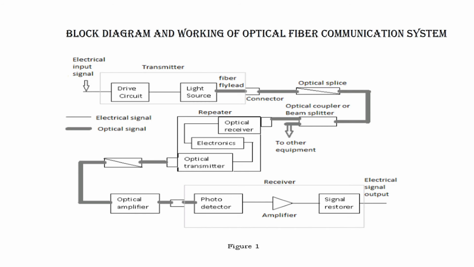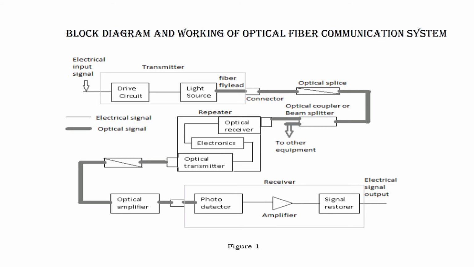Now we give this signal to the receiver. Now we use optical amplifiers. We can enhance the strength of the signal using this optical amplifier, and then we give it to the receiver. Now see what is there in the receiver circuitry. In the receiver circuit, first there will be a photo detector, so that it will be detecting the light signal.